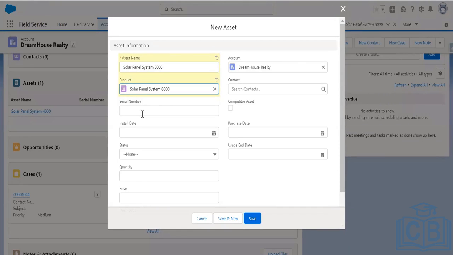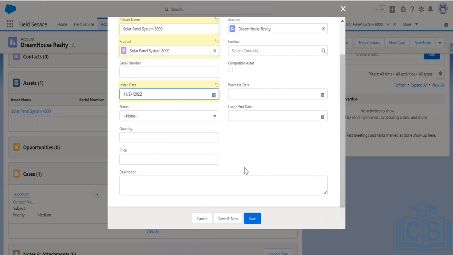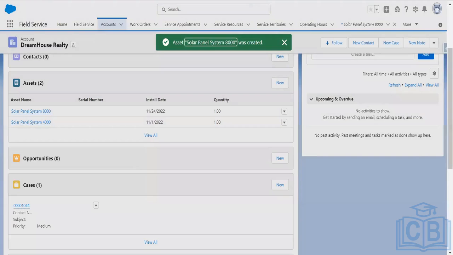That is fine. Now I will install it. Let me put today's date and the quantity, suppose 1, and the status is Installed. I can leave the rest of the fields blank for now and save it. My asset is created. Now, if someone from that account, Dreamhouse Realty, the account which I have chosen,